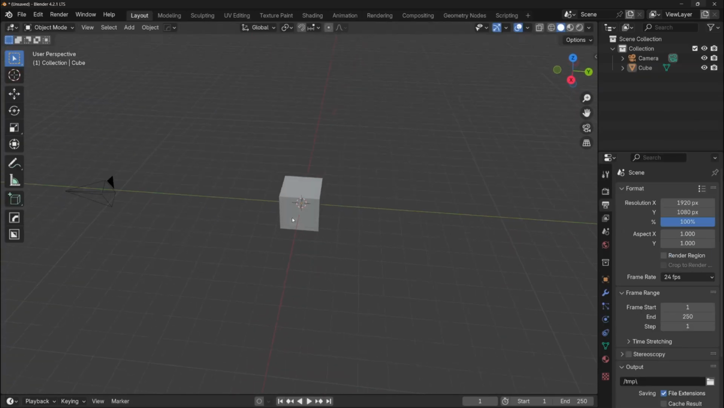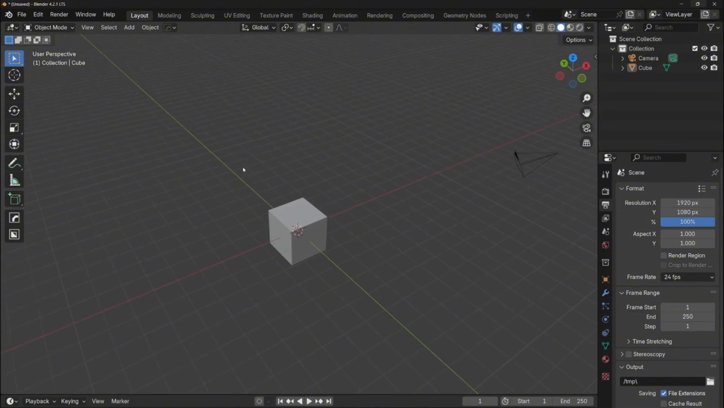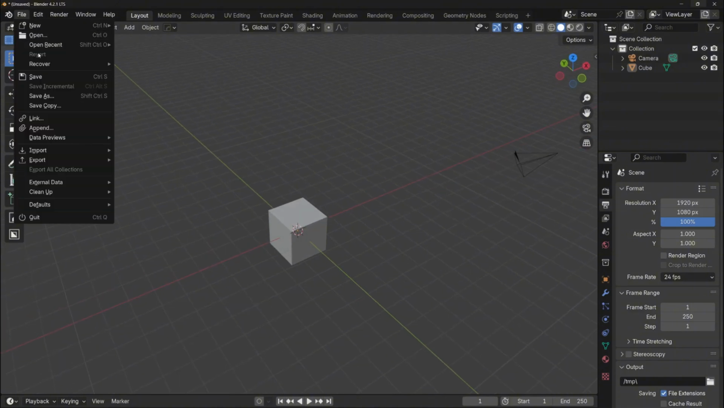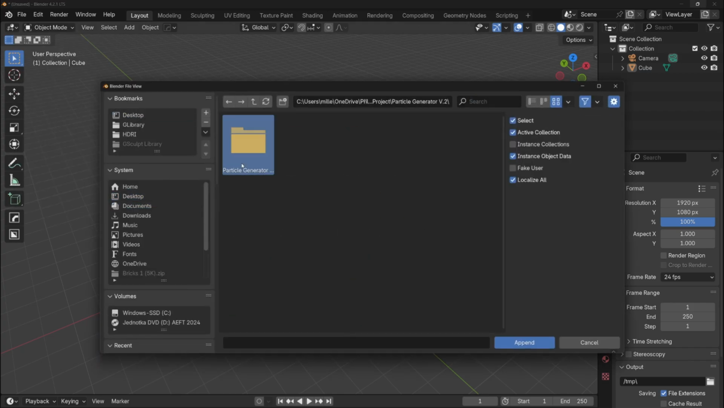So after downloading the particle generator Blender file, you will open a new Blender project. First, we need to append the particle generator to this current Blender project. So go to the top left corner and click on File, and then click Append. Now you will find the particle generator file you downloaded. And once you find it, double click on that file, go to the Node 3 folder, select the particle generator